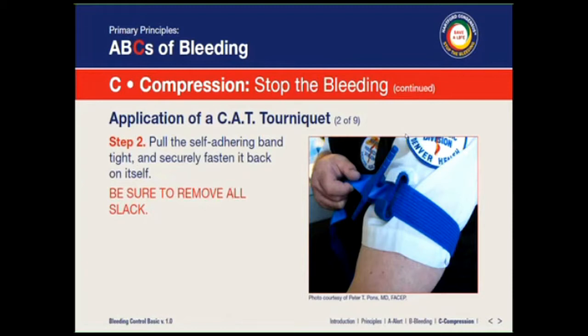So we go through those steps and practice that both on ourselves and on a partner, applying them to the arms and the legs. It is somewhat different applying to the leg. We also go over pitfalls to tourniquet application. Most of the pitfalls involve either not applying the tourniquet early enough, not applying it tight enough, or only applying one tourniquet. Sometimes in the legs you need to apply two on top of each other, or side by side rather, to